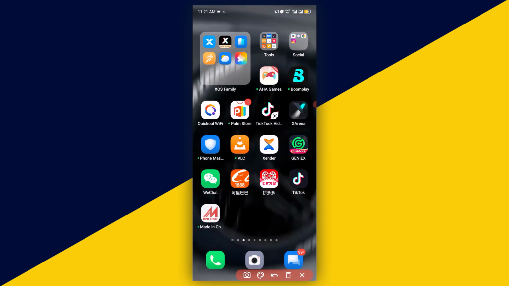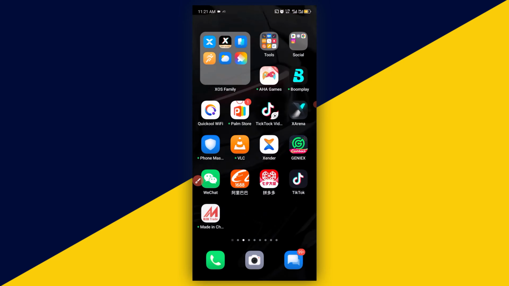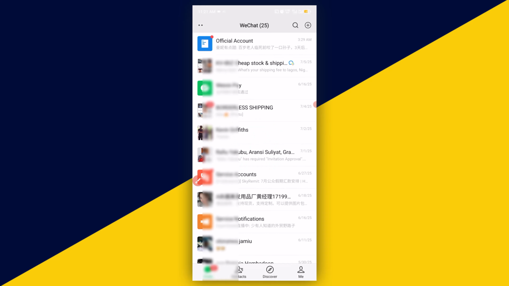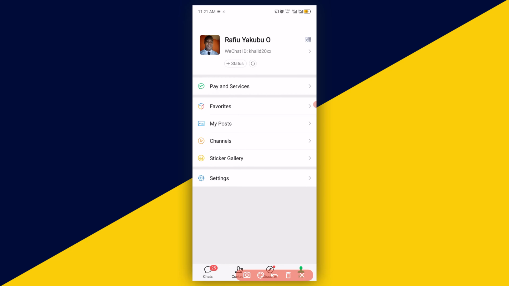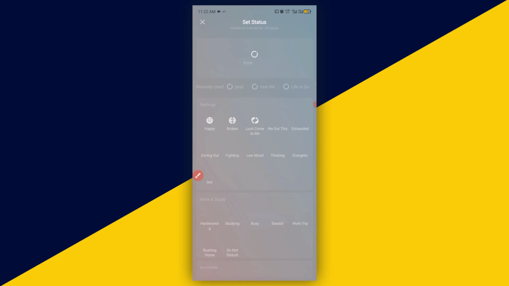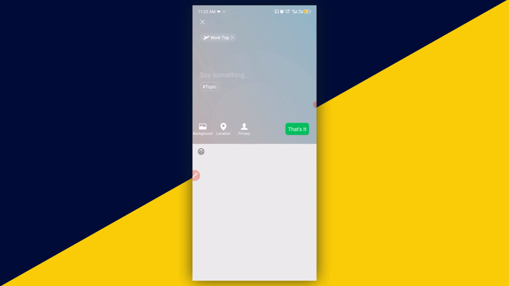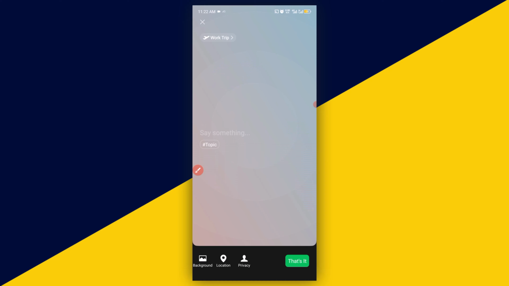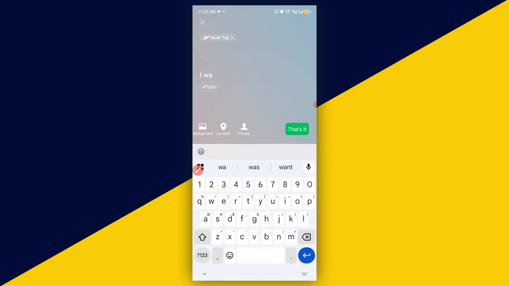So the very first thing you need to do is to open up your WeChat. Next thing you need to do is to click on me. The next thing you need to do is to click on status. Now here, you can post character or custom image or video as a status. Let's say for instance, I want to post work trip. I'm going to select this particular icon right here. So having selected the icon, the next thing I need to do is to enter something right here. So I wanna travel